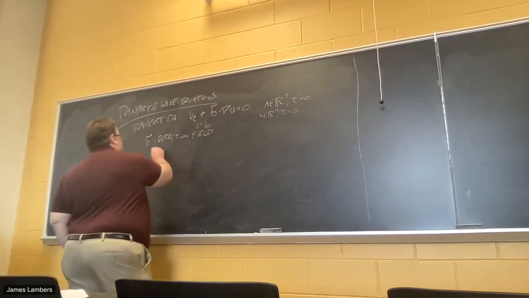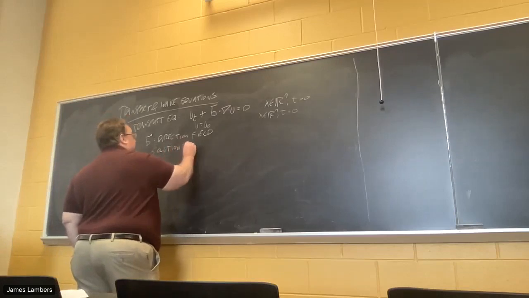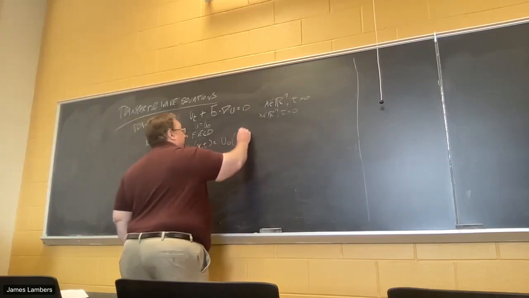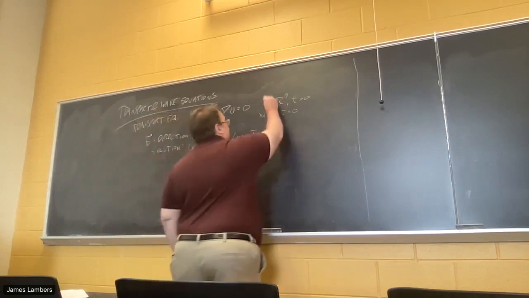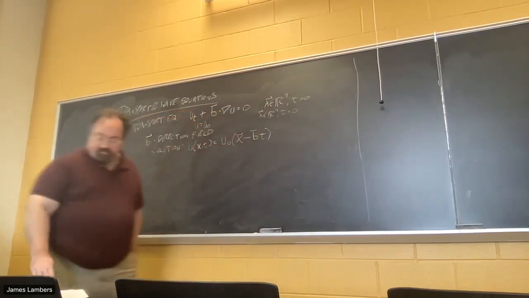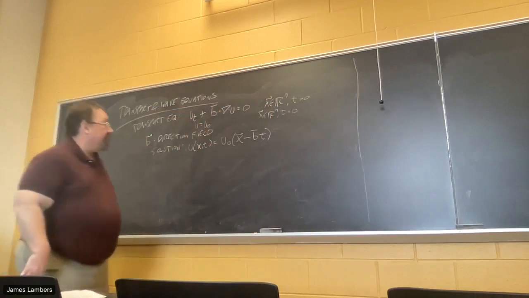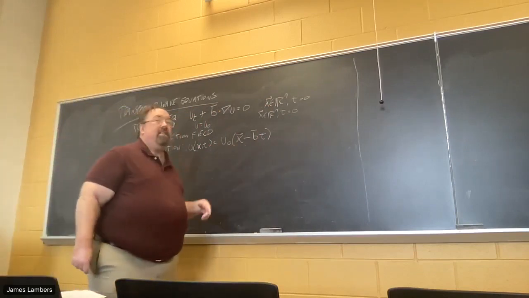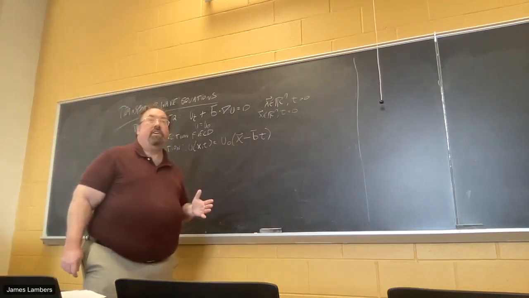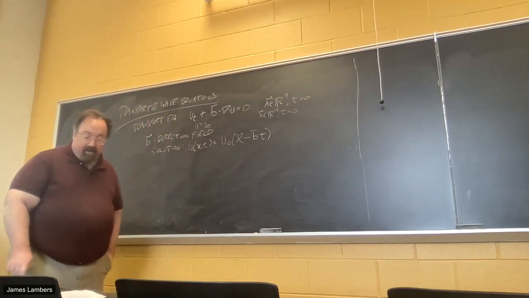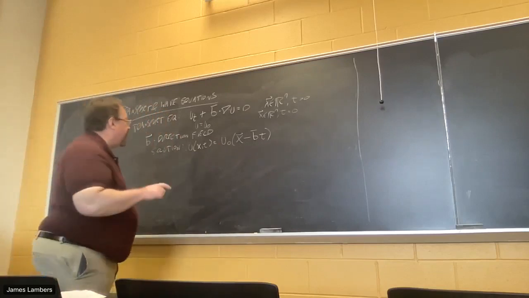So the solution of a transport equation is your initial data evaluated at x minus bt. x is a vector, so it's like b, so vector signs in both. So b, you can think, is indicating speed and direction of propagation because it's a vector. To see why this is a solution,